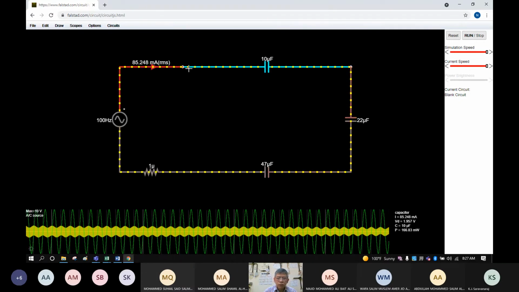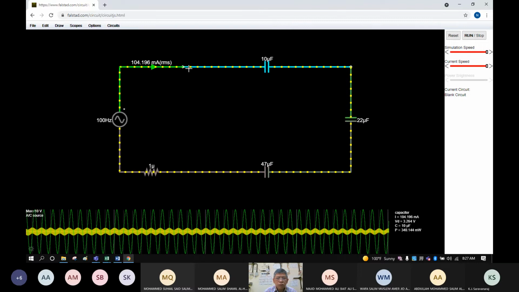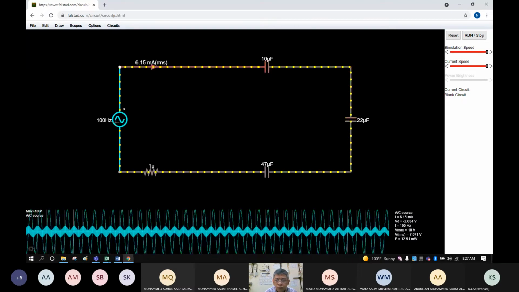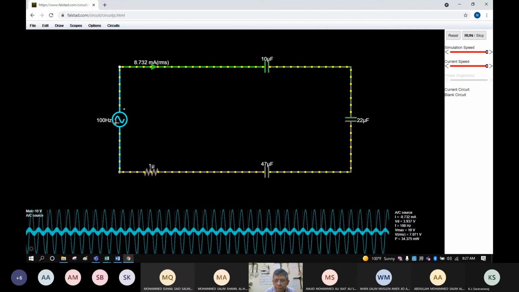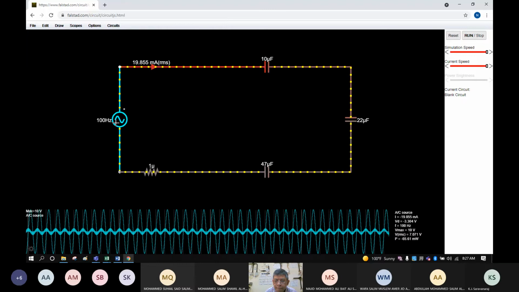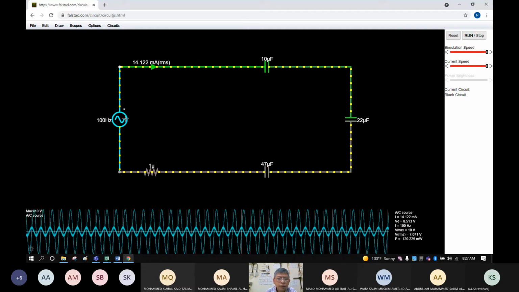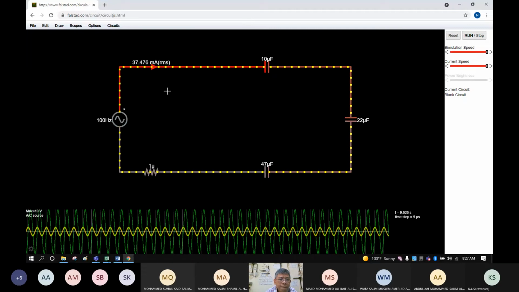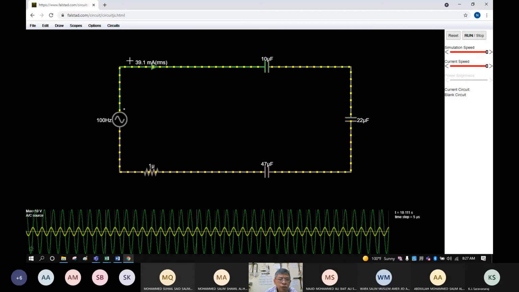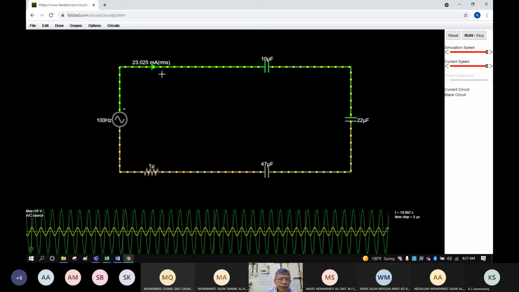Given is 10 volts, 100 hertz. So just focus until it stops.